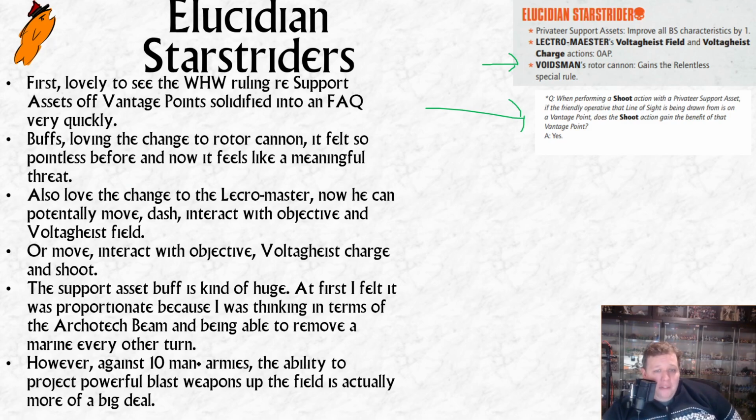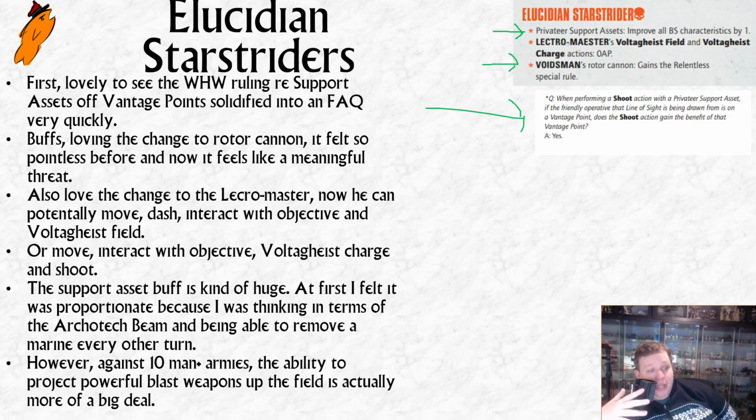But there you go. And then finally, the privateer support assets improve the BS of all the support assets by 1. So they'll go from a 4 up to a 3 up. Originally I was really, really in favour of this change. You guys know that my main practice partner is Zimbad, and Zimbad mainly plays Intercession. And I kind of feel like in a world where other people have plasma guns, it's fair enough that if he leaves someone in a shootable place, I have a gun on my team that can one-hit a Marine, and previously it was very swingy as to whether it would one-hit that Marine or not.